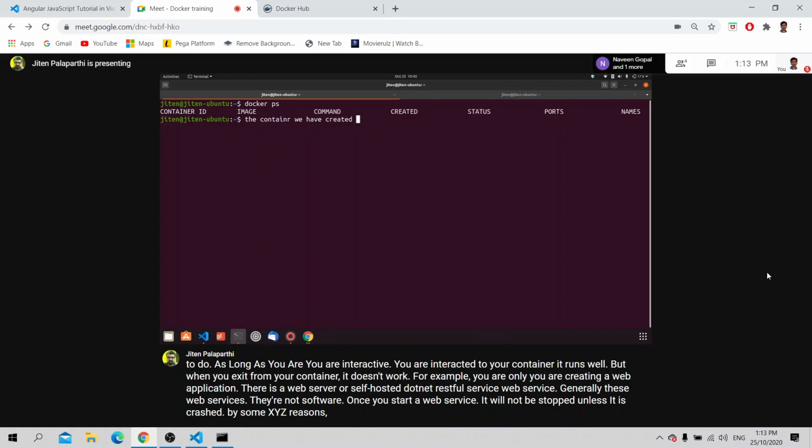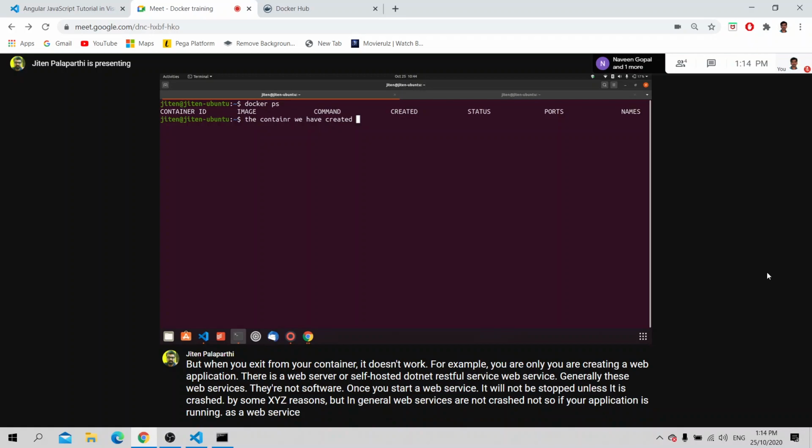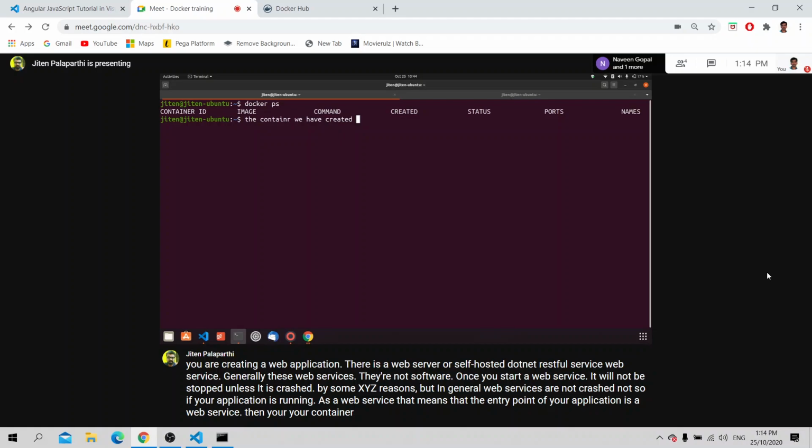But in general, web services do not crash or stop. So if your application is running as a web service, that means the entry point of your application is a web service, then your container will not be stopped.